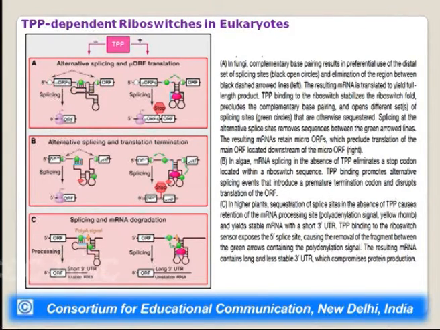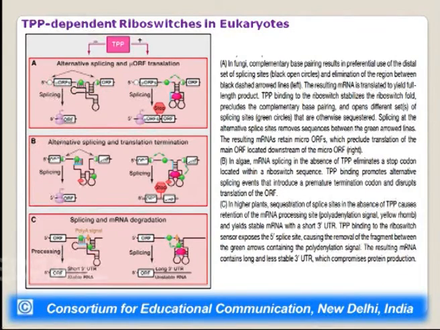In higher plants, sequestration of splice sites in the absence of TPP causes retention of the mRNA processing site or polyadenylation signal and yields stable mRNA with a short 3' untranslated region. However, upon binding of the TPP, the riboswitch sensor exposes the 5' splice site, causing the removal of the fragment between the green arrows containing the polyadenylation signal. The resulting mRNA now contains a long 3' untranslated region which is basically unstable and therefore it compromises the